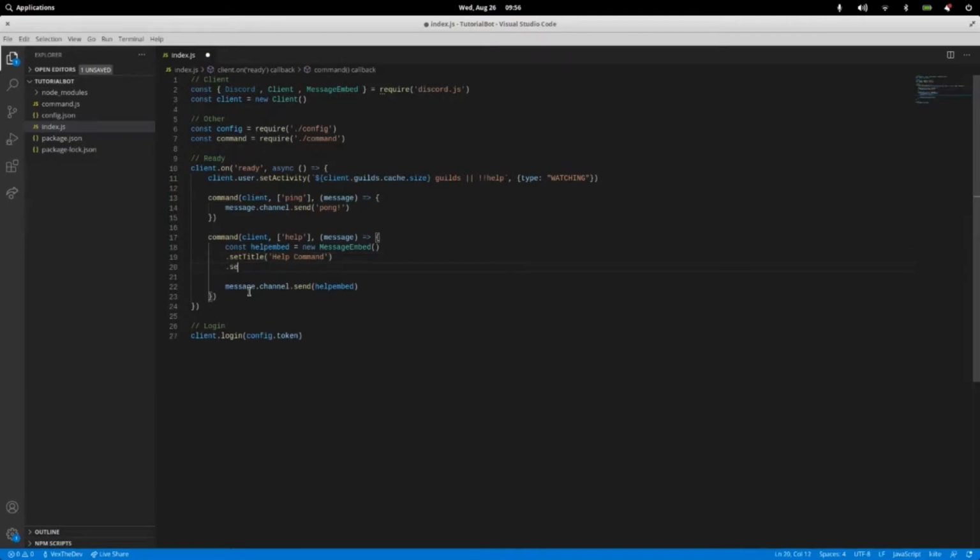Then you can do setDescription. So when you see an embed, there's usually a title with some bold, and then there's stuff underneath. So this is going to be what's underneath the title. So we can go ahead and put, let's say, our